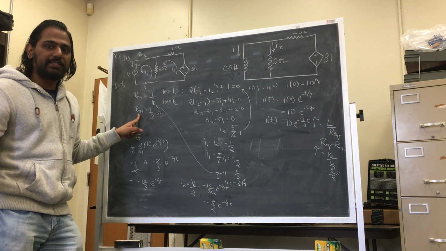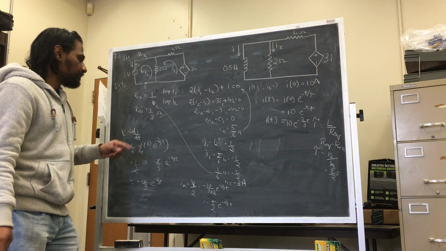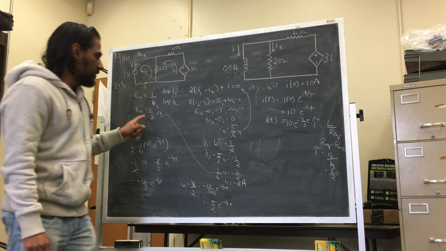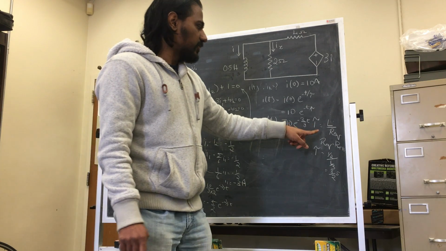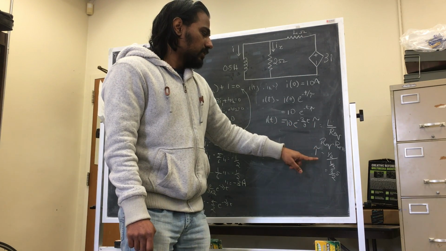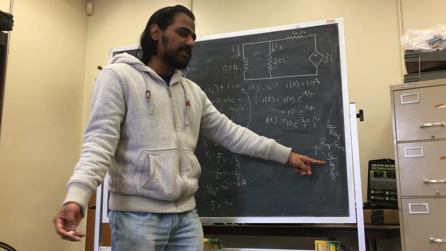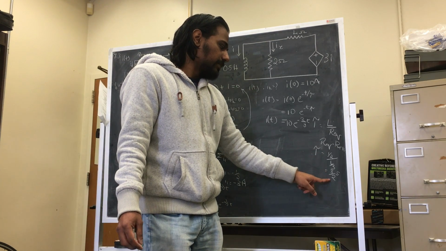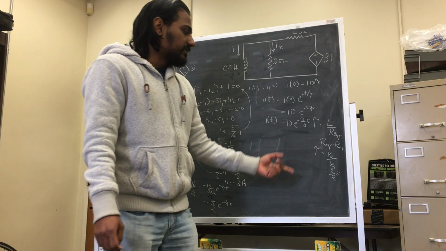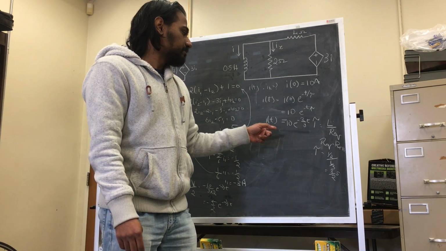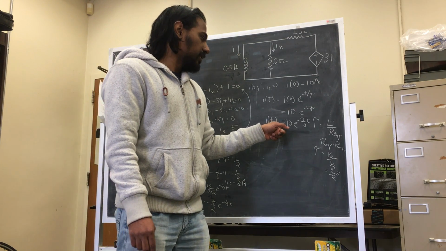You get the Thevenin resistance as 1 by 3 ohm. Since you know the Thevenin resistance, you can calculate tau here. The inductance is 1 by 2 and the equivalent resistance is 1 by 3. You get 3 by 2 seconds as the time constant,